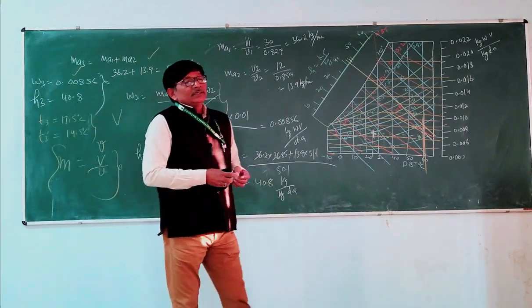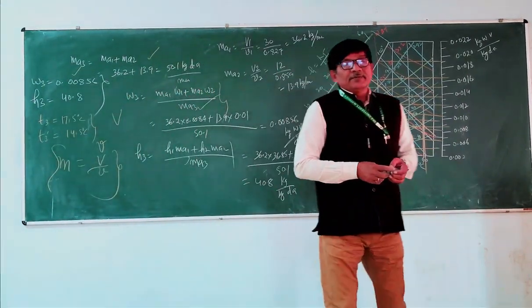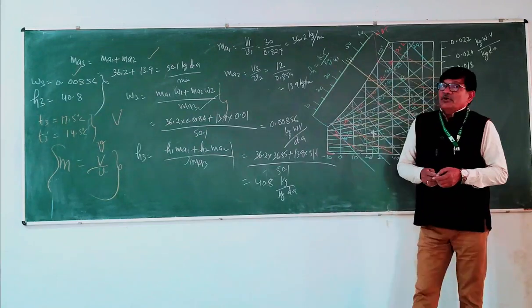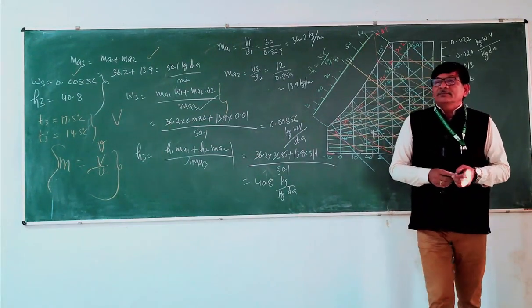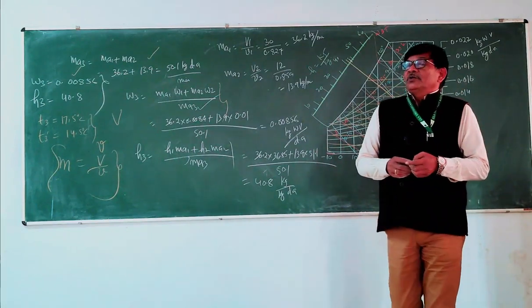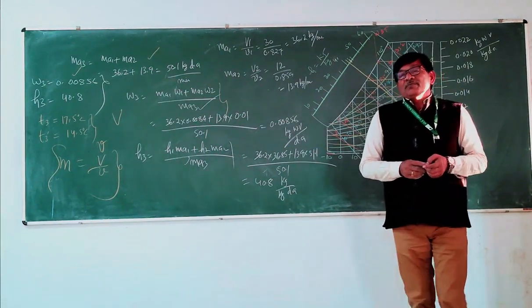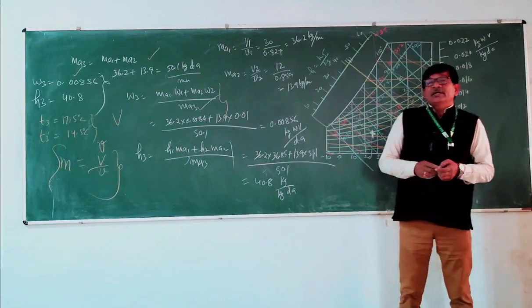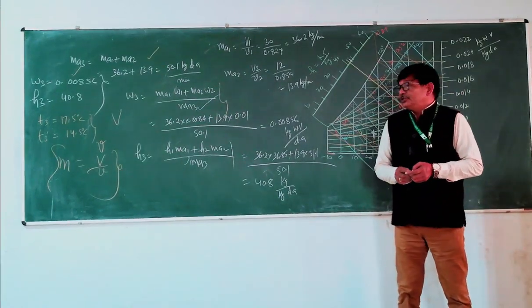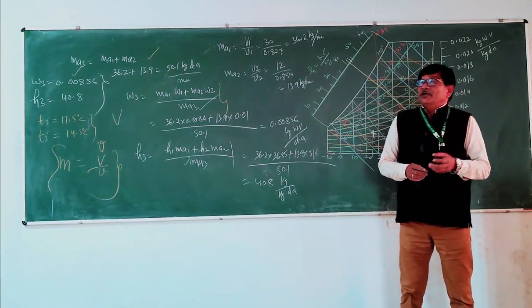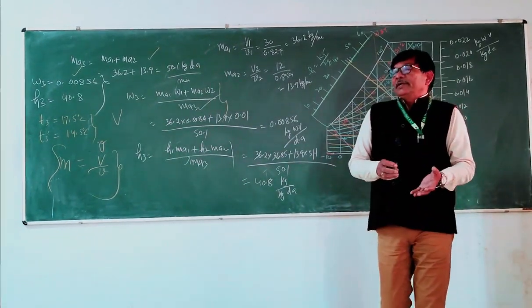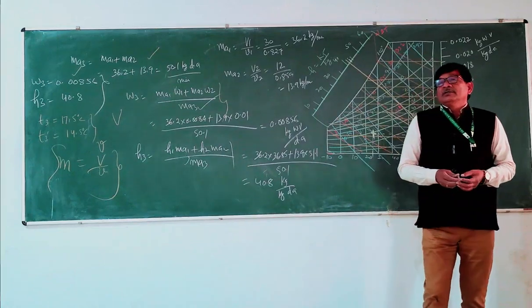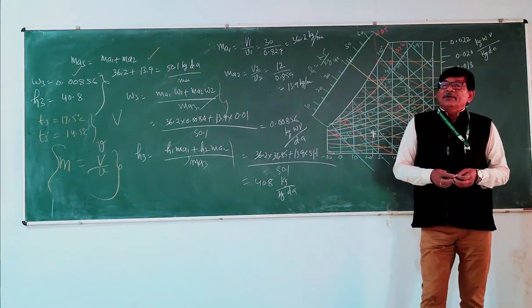Thank you very much. I think today's discussion will help you to understand problems on refrigeration and air conditioning, particularly air conditioning: how to find out psychrometric properties of air from the psychrometric chart, and by using these values you can find out the intermediate condition of the air after mixing, and from this intermediate condition we can find out the final heating and cooling loads.